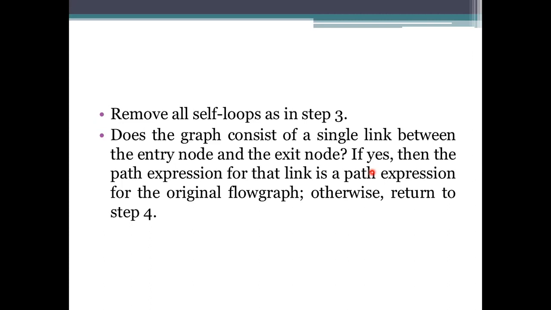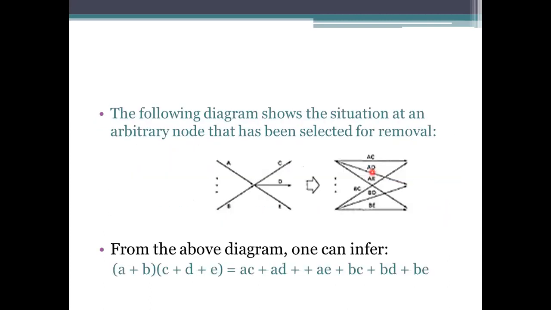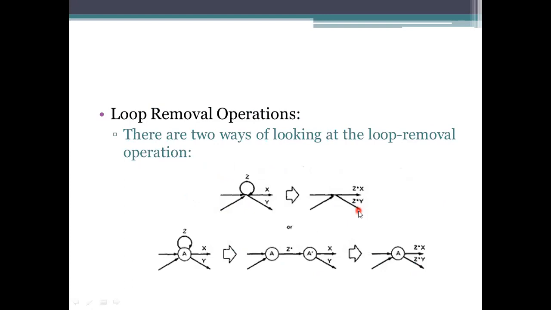While reducing the flow graph, not only the parallel links and serial links, we need to take care of the cross terms also. The cross term means the scheme here. This is being specified as a cross term. These two links have a linkage with these three. If we are splitting this one, this will be specified as C, D, E, B, C, D, E. Likewise, in the previous slides, I explained. And coming to the next, loops also.